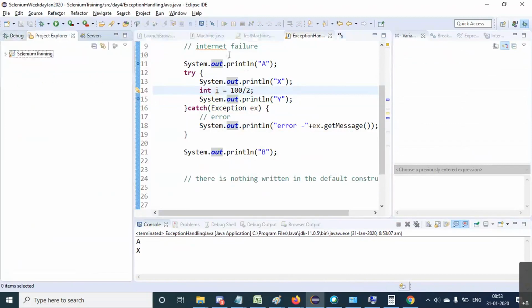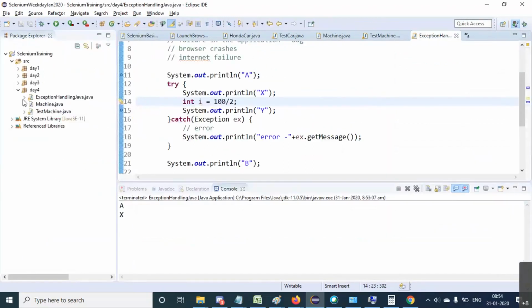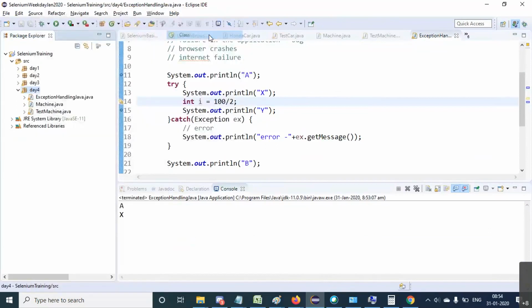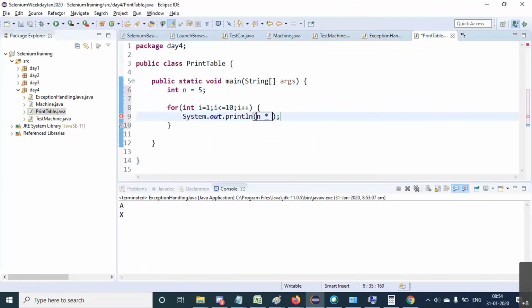Debug gives you very clear variables as well. I'll click on this icon on the top right side and select the variables window. So let me write a program like print table. In the program I just declare a variable int n equals 5. Then I write a for loop for int i equals 1 to i less than or equal to 10, i plus plus, and I'll print System.out.println n cross. Okay, right. So if I run this,